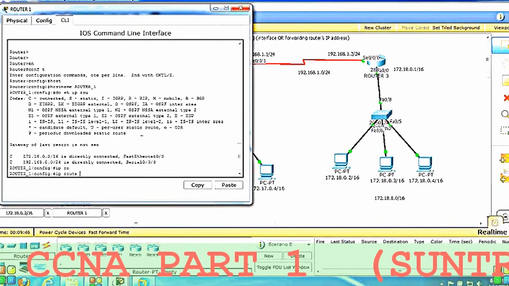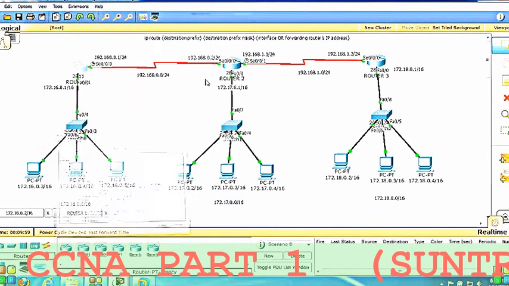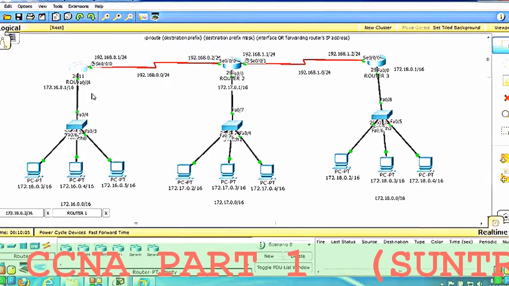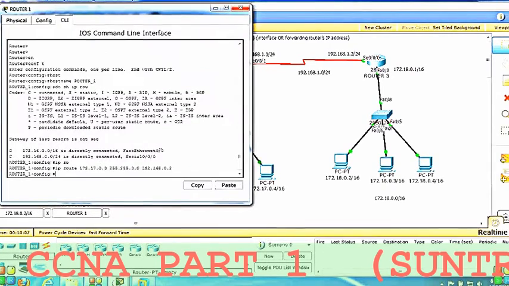Here is how we configure ip route. My destination network is 172.17.0.0, the subnet mask is 255.255.0.0, and the next hop IP address is 192.168.0.2, which is the serial 0/0/0 interface on router 2. Let's hit enter.